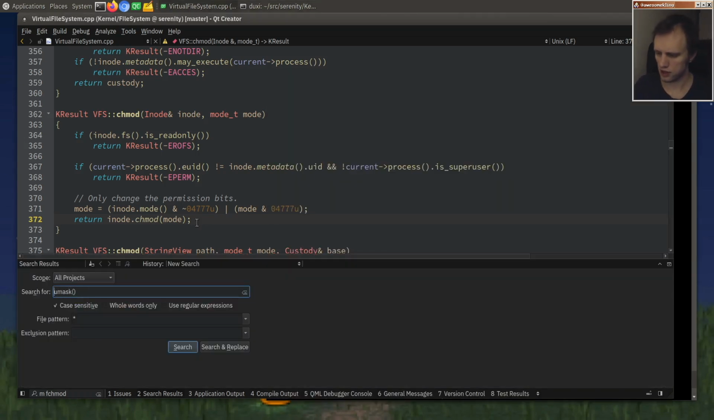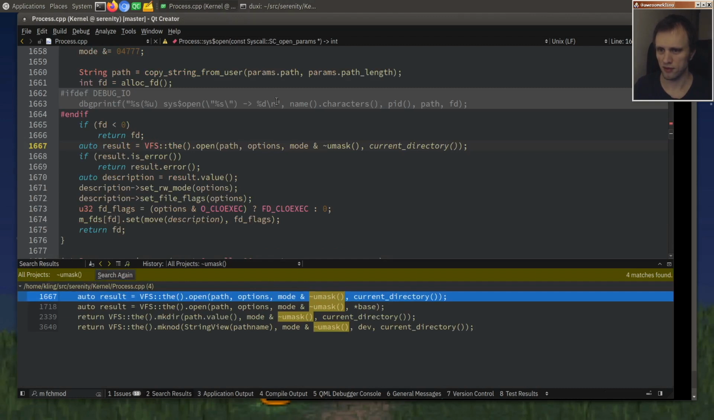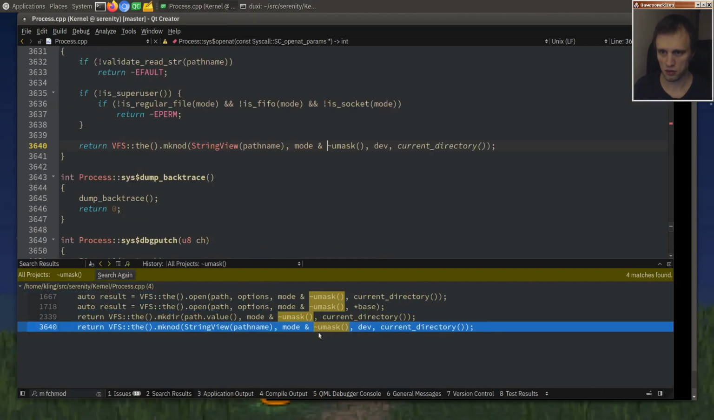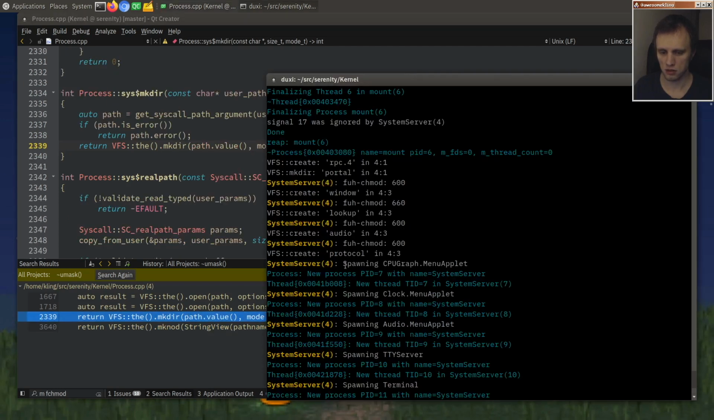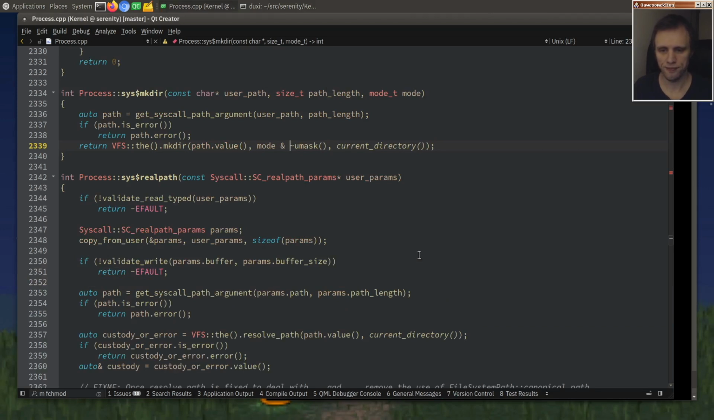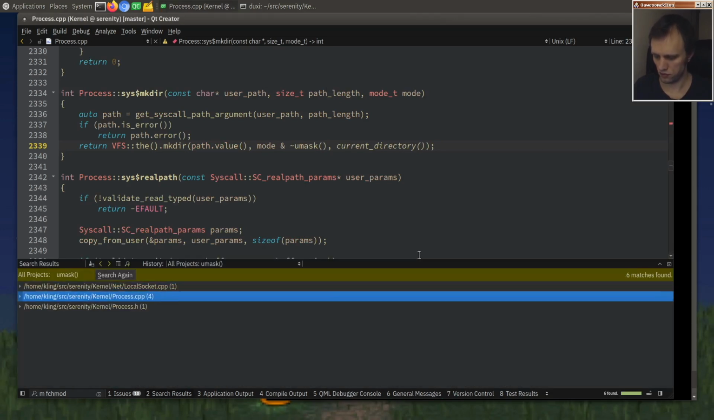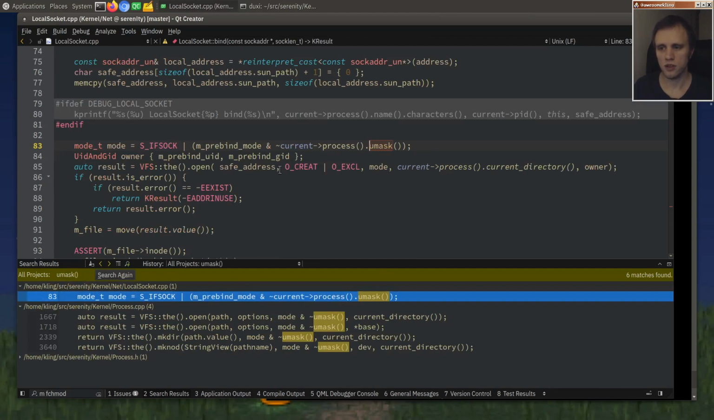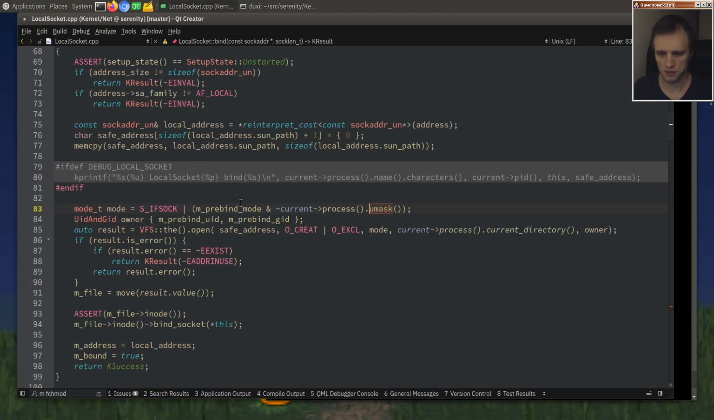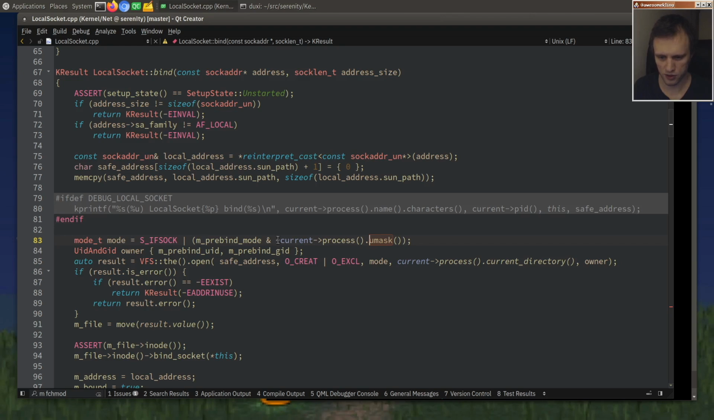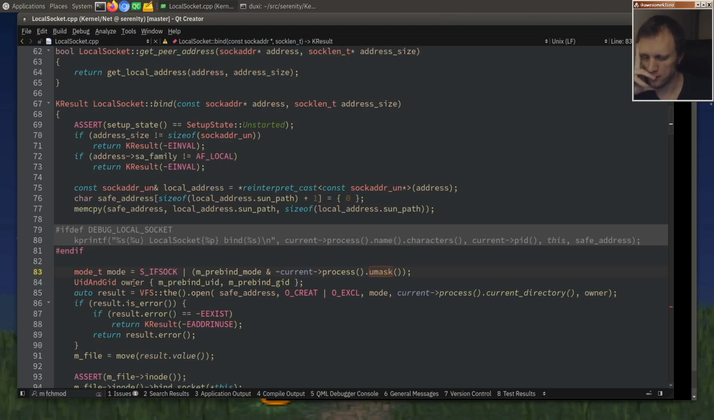Okay, why does this care about the UMask? That's open at mknod and mkdir. Local socket. This jerk. I wrote this code not long ago. Damn it. Okay. So the prebind mode will now apply the UMask of the current process. That doesn't seem right,